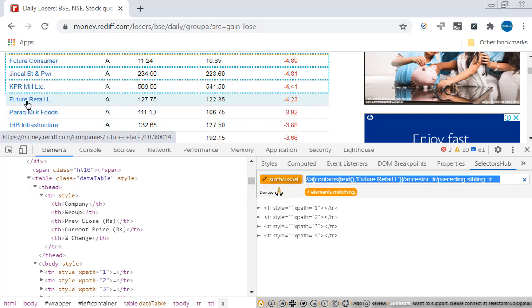Why? Because for preceding sibling, you get some table rows. Following sibling is easy because you are selecting one row. For following, you will find multiple rows. But for preceding sibling, if you want to get some matching elements, definitely take any row of data, instead of Feature Retail. Just change the stock name. Automatically, all these examples you can practice easily.